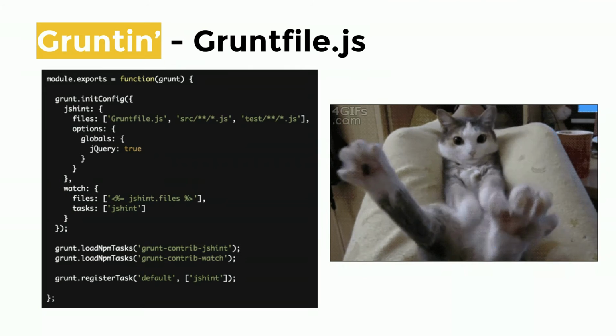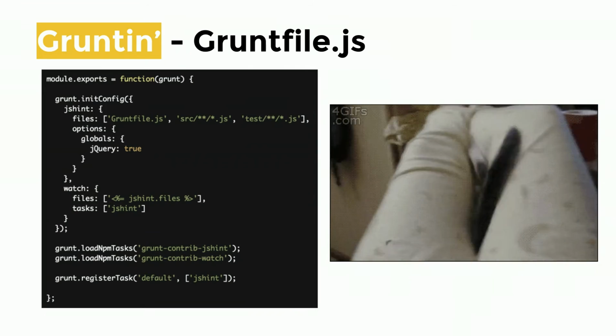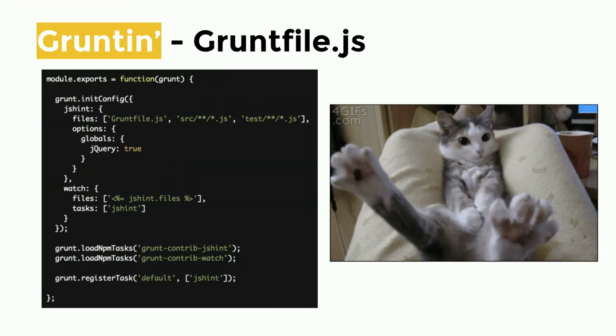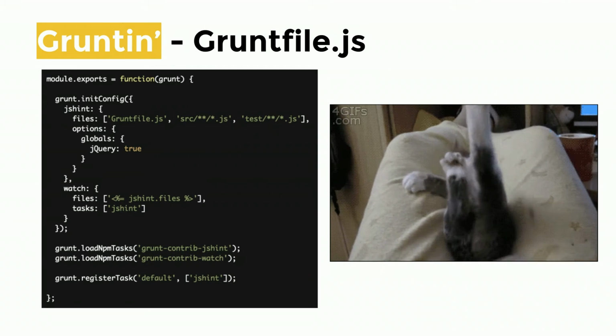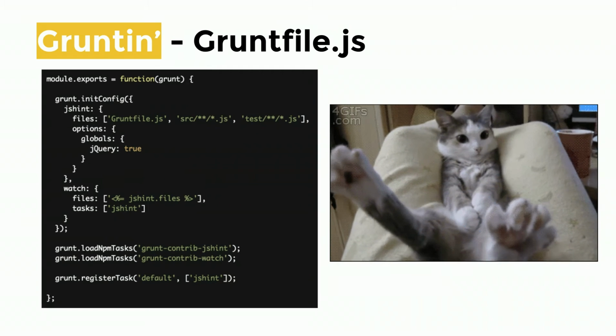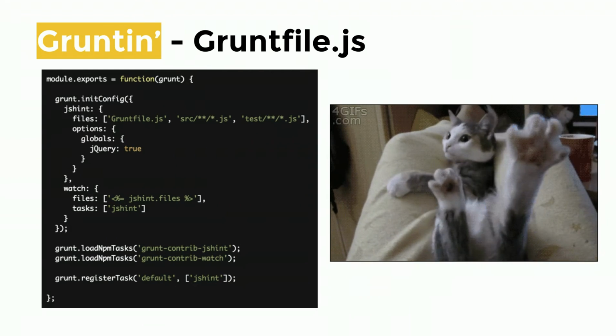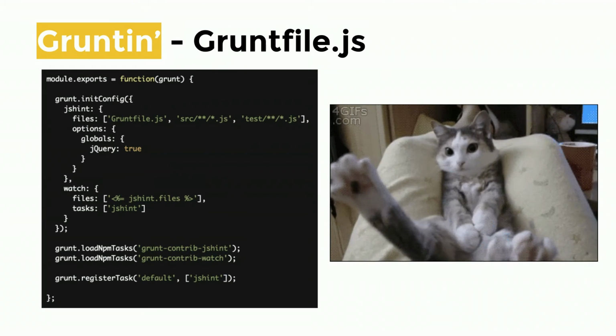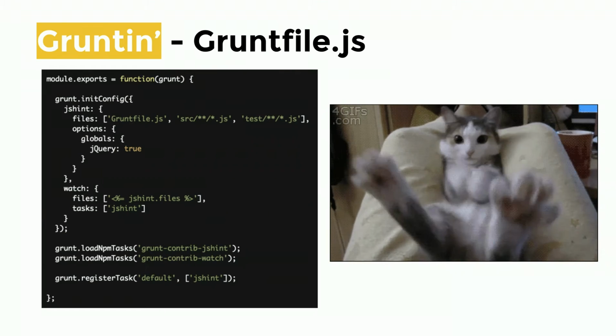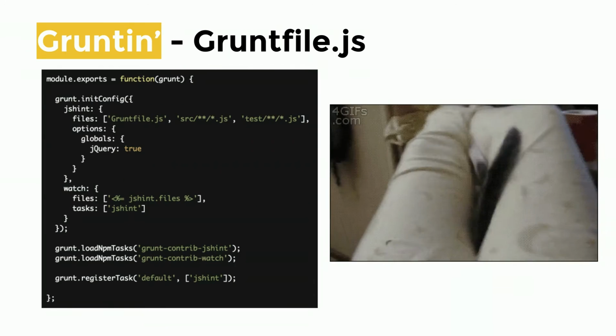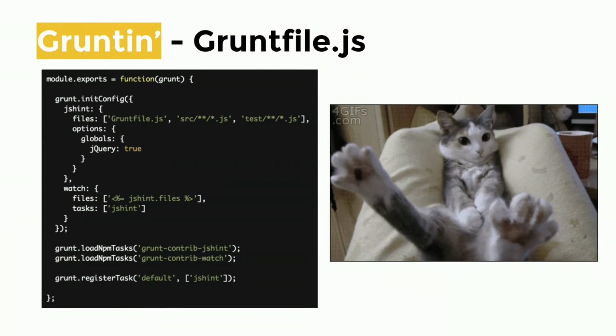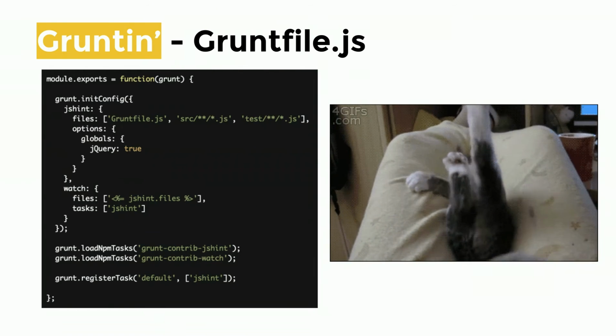So here's another pain point, and sort of like this cat, Grunt's config file can sort of start feeling a little bit overwhelming. So as you can see, it's basically a JSON. It's an array of JSON data of just key value pairs. And so this is what powers all of your build process.